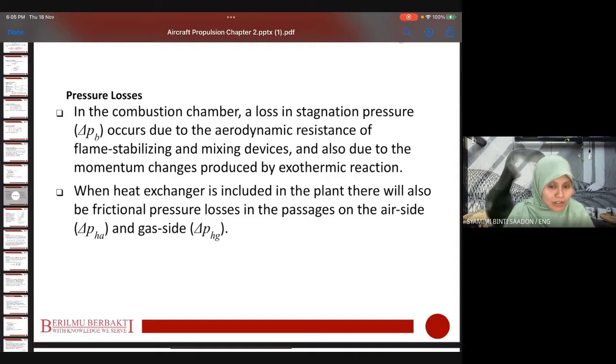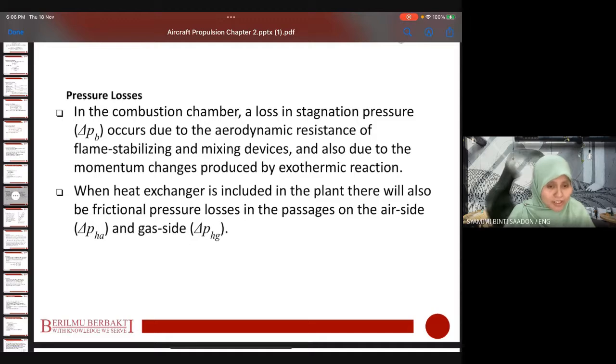So there are around 5, 6 other factors or methods that account for this cycle component loss. The third one is the pressure loss. This one usually occurs in the heat exchanger, and the combustion chamber for gas turbine and aircraft. So a loss in stagnation pressure, we note it as B, the burner of the combustion chamber. So the loss is the change in the pressure